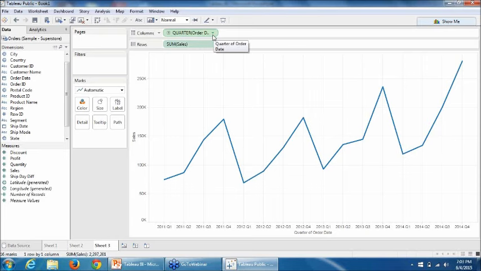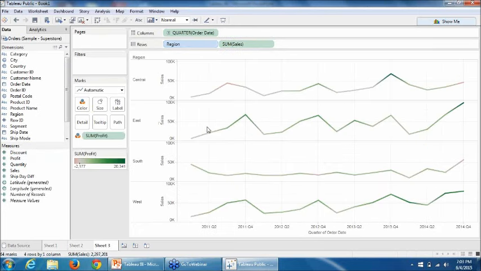Now let me see how my performance has been in terms of sales and profit. So let me bring some data points over here. I already have sales. I have my quarter. Let me just bring the profitability. A line chart might not give you a good view of how the performance has been.